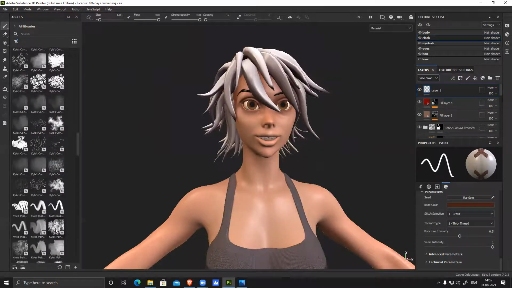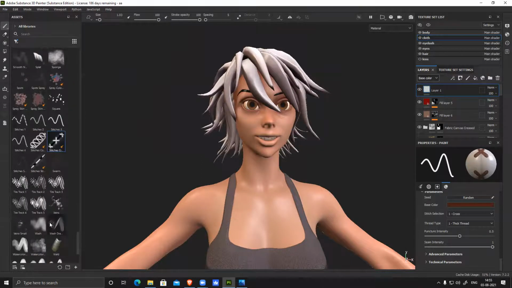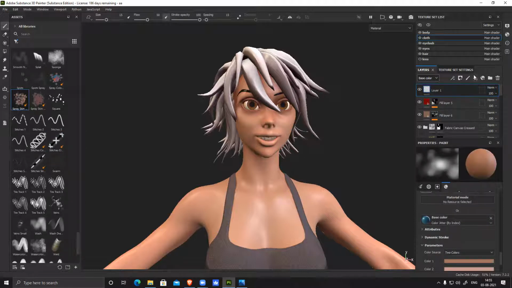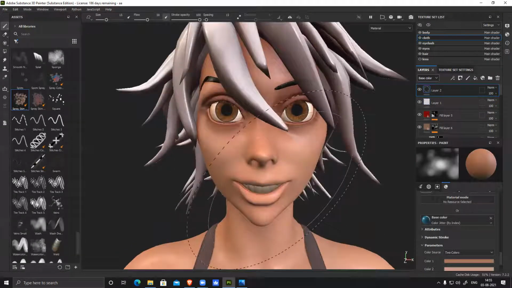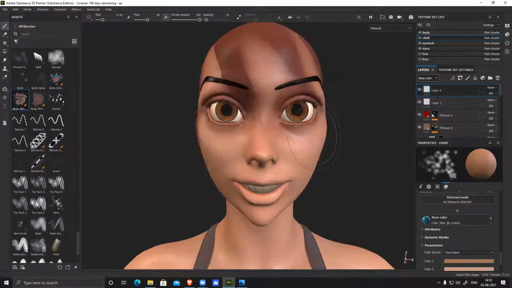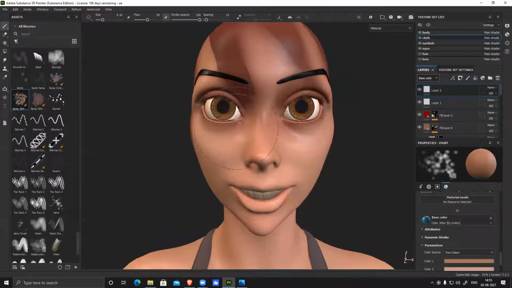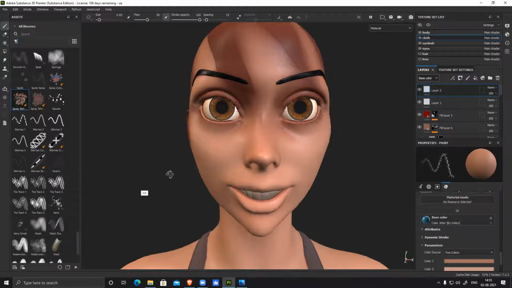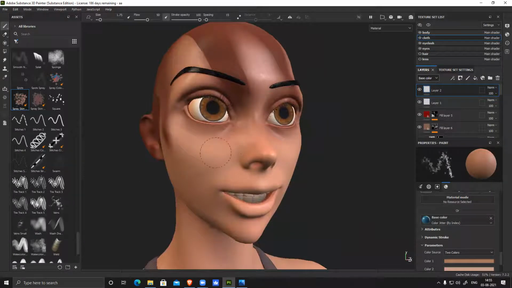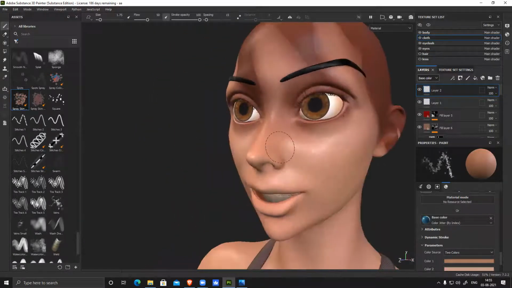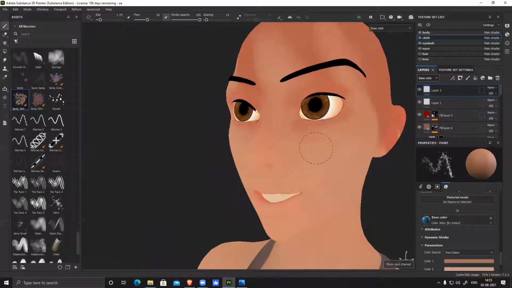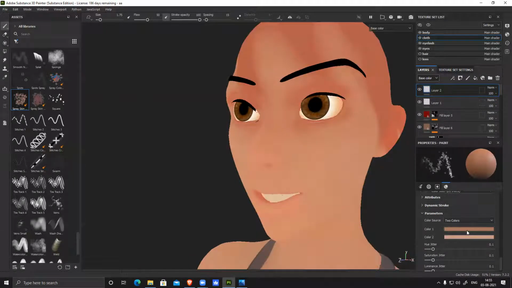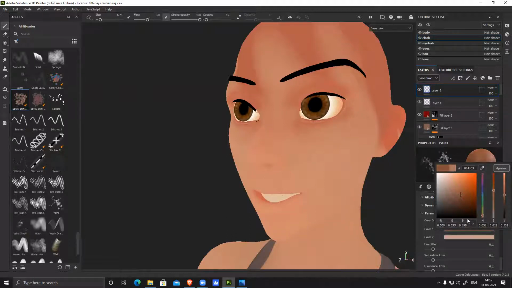Now let's use the skin brush to add some detail in skin. A new layer. Again, not fill layer. And hide here. Let's see. Nothing is happening. Okay, nothing. So I need to change this color. I can make it slightly dark.